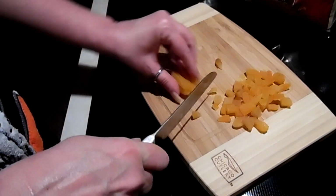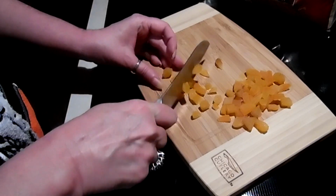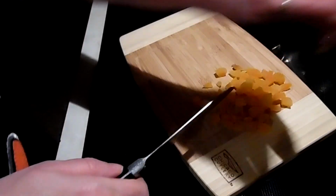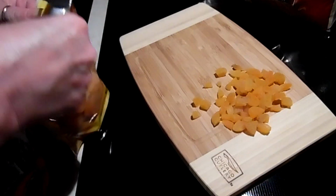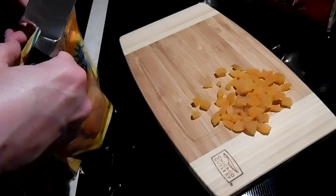Because if you've watched my granola videos before, I don't like the... I call it dusty. I don't know what other word to use. It's dusty. It's just kind of like dry oats and